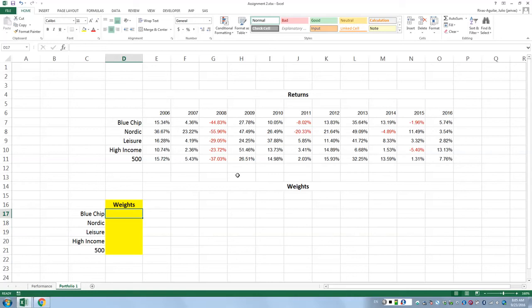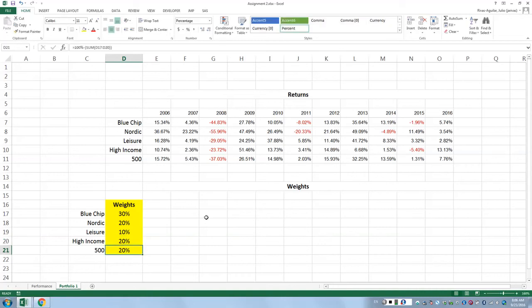So weights, if we take into account all of our money, we're going to say that we have 100%, right? So weights is basically the sum of all of them. It's going to be equal to 100%. So just to play it safe, I say this is equal to 100% minus the sum of these 4, right? Now in this case, I'm going to change it to a percentage. In this case, we know that we have 100% because we haven't put anything in the other one. So let's say 30, let's say 20, let's say 10, and let's say 20.